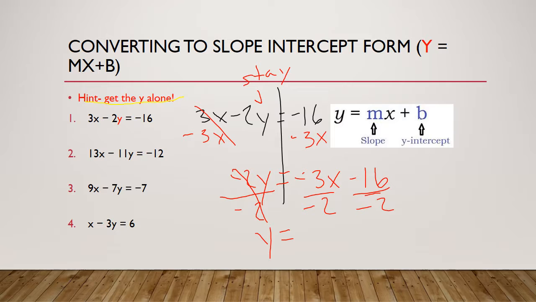So remember, a negative divided by a negative is a positive, and I can't simplify 3 halves. So I just leave it as 3 over 2. Remember, with slope, you prefer to have a fraction versus a decimal. Negative 16 divided by negative 2 is a positive, right? Negative divided by negative, positive, 8. And I am done. I get to circle it. Done. Good? All right, for the next slide,